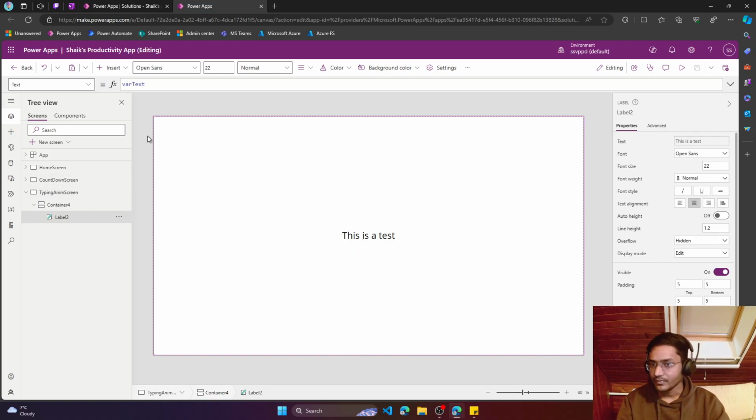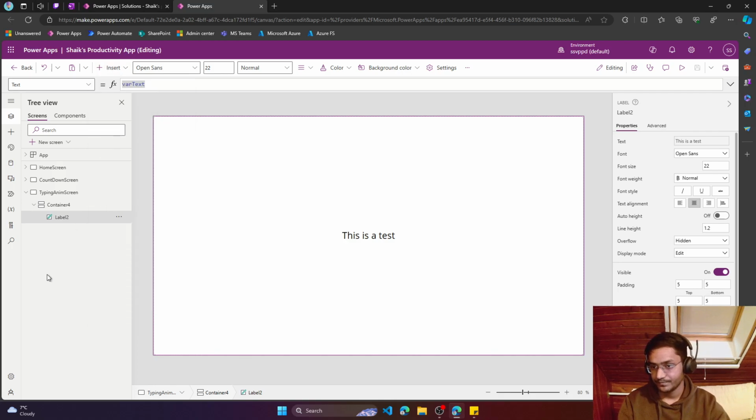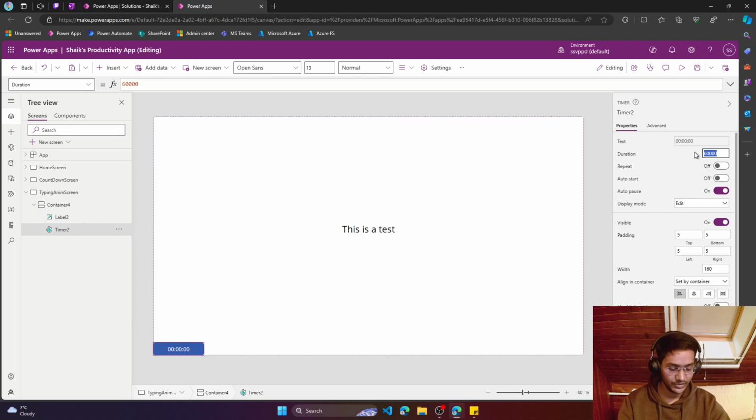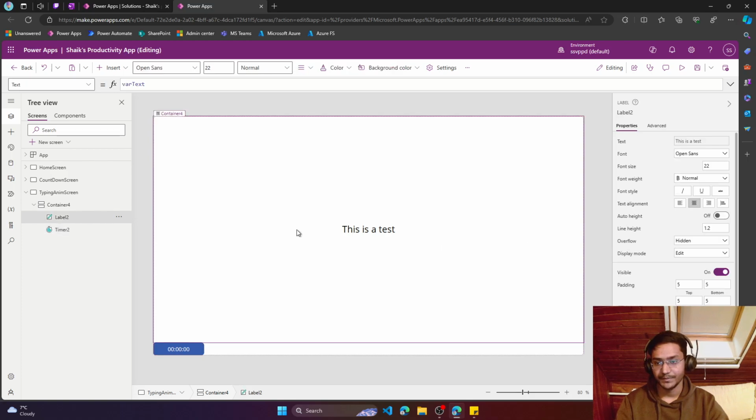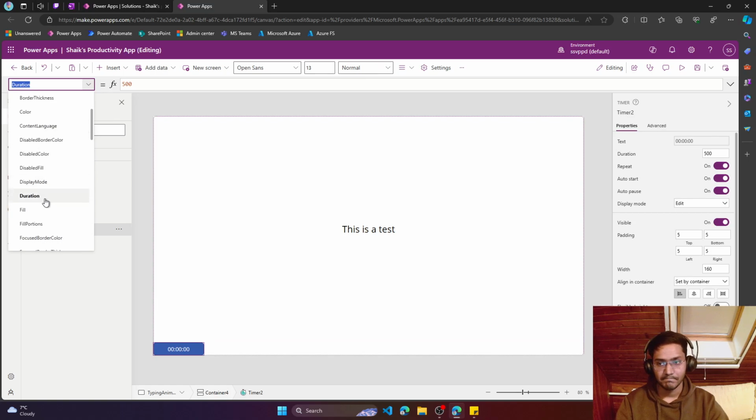So I'll just go with word text, and we definitely need a type control, and the duration is, let's say 500 milliseconds, like 1 letter per half a second. Sounds good. Auto start, auto repeat, and over here what we're going to do is on our end